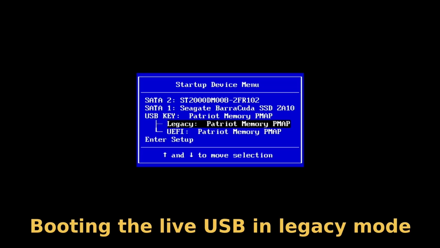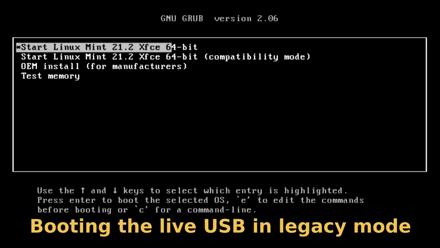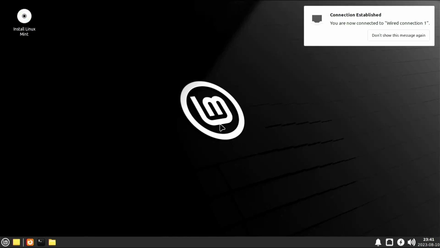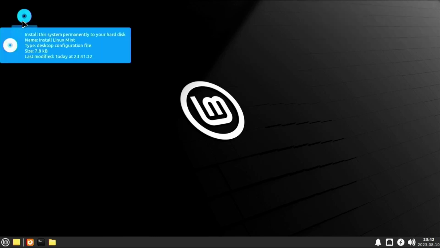After hitting enter, it'll boot the live ISO, and this is the grub menu of that live ISO, and I'm going to choose the first option. Now I fast forwarded a bit from here, and after a little while it'll boot into this screen here, which is your live ISO. So it's booting from the USB stick right here, and what you want to do is click on install Linux Mint,